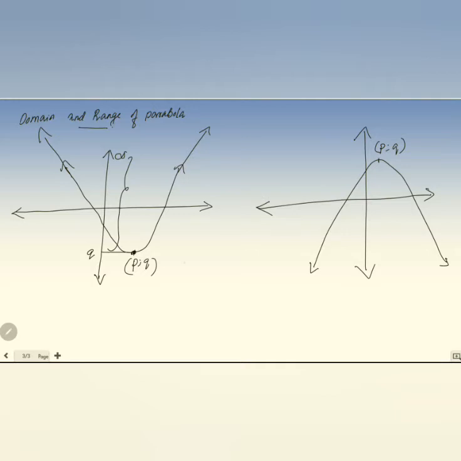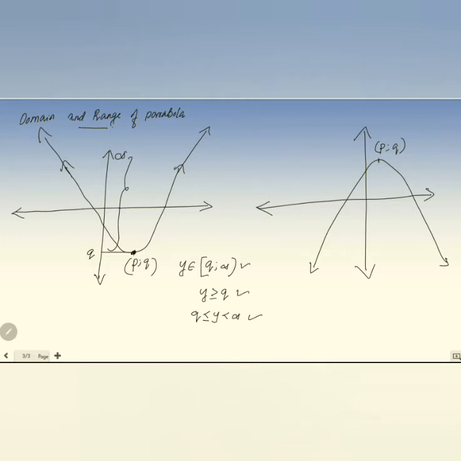So the range, how do you get it? All the y values. Remember, range is y values, so you have to go to the y-axis, not the x-axis. The height is starting from q to infinity, always smallest to biggest. That's how you have to write. The smallest one is q, and you have to use the closed bracket because q is also part of the graph. Then positive infinity. Same thing you can write like this also: y greater than or equal to q. Or we can write q less than or equal to y, then less than infinity. Any one of these you can write.